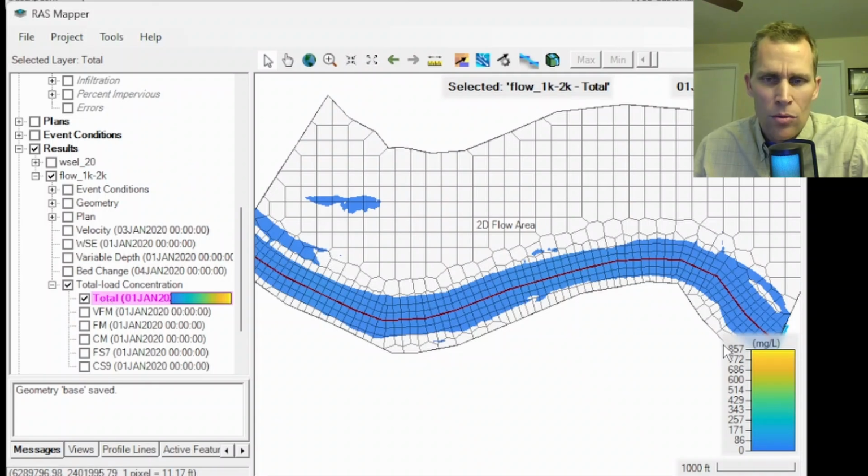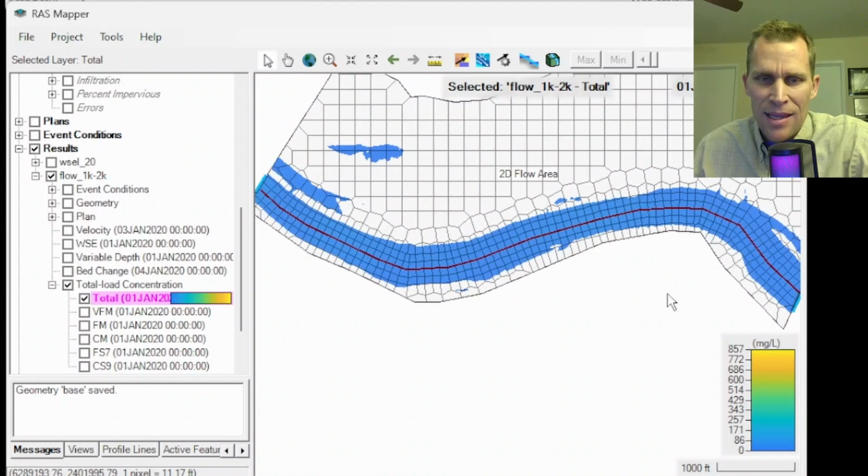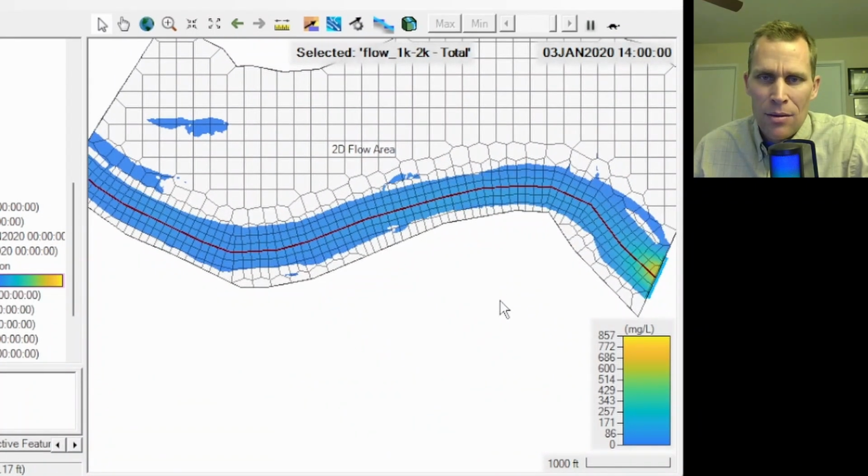So when I clicked on total, it now gave me this range, this color ramp of different concentrations from 0 up to 857 milligrams per liter. I have a strong sense that that maximum concentration is going to occur in the upstream end. So let's go ahead and run the animation again. Click the play button. All right, so we're about day 2, day 3, and it's over. So that wasn't particularly satisfying just because the color ramp really only changed at the very upstream end of the